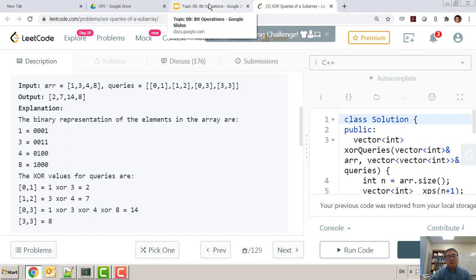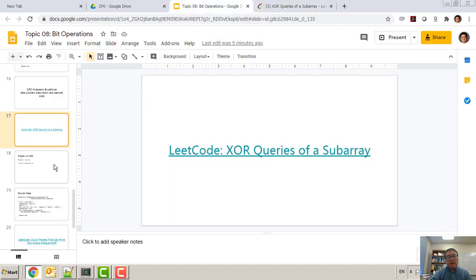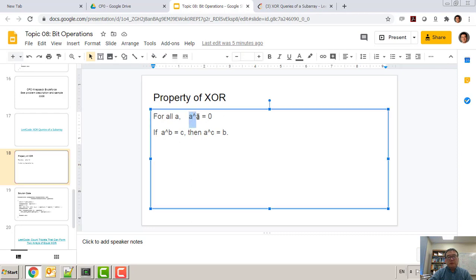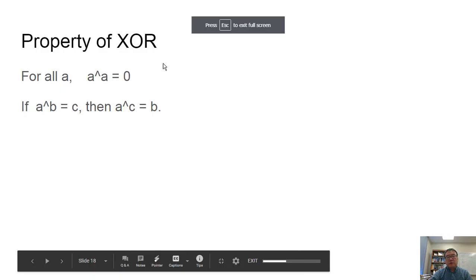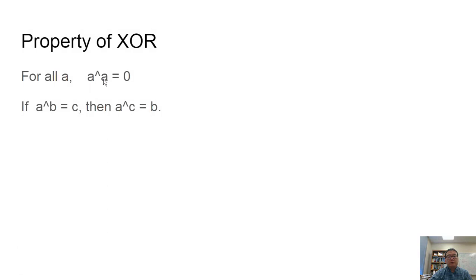And for this, we need to use one property of XOR. Bit by bit, XOR has the property that for any value A, A XOR with itself is 0. Because 1 XOR 1 gives us 0, and 0 XOR 0 gives us 0. So when we have A XOR A, every bit is the same, either both 1 or both 0, so we get all 0. Because of that, if A XOR B equals C, then A XOR C equals B. One way to see that is